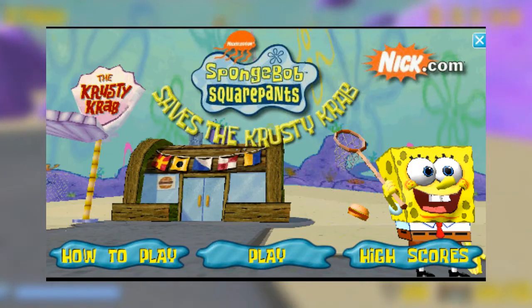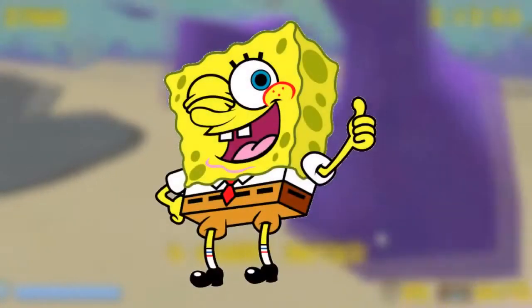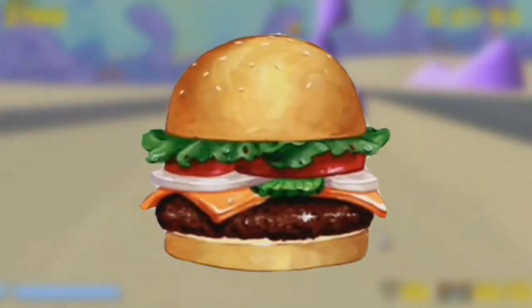Spongebob Squarepants Saves the Krusty Krab 3D, that's an awful title, I'm just going to call it Krusty Krab 3D, is a 2002 Nick Arcade title starring, who else, SpongeBob, as he goes around collecting a set amount of Krabby Patties each level to advance to the next level. The game has a plot, but it's not exactly rich with adventure, lore and drama as you'll see.